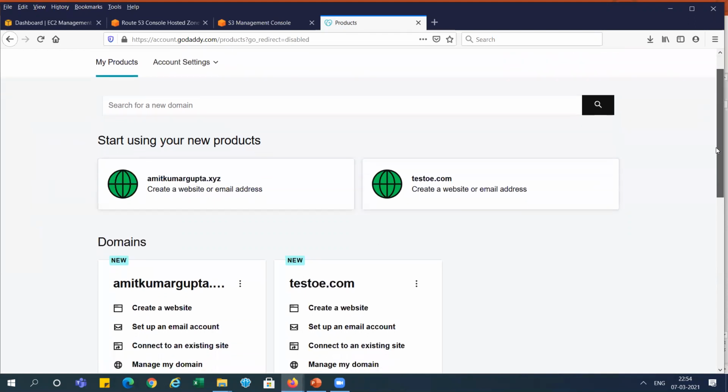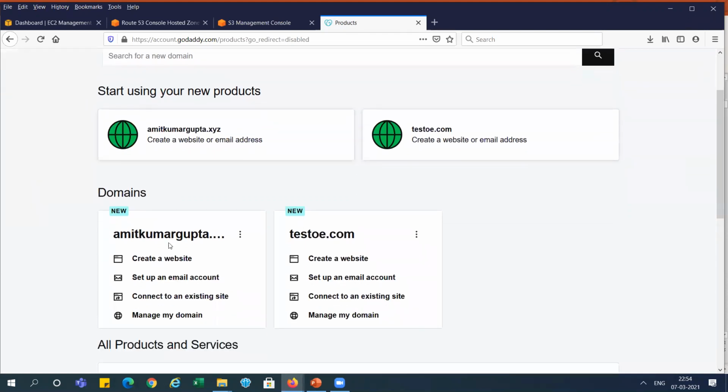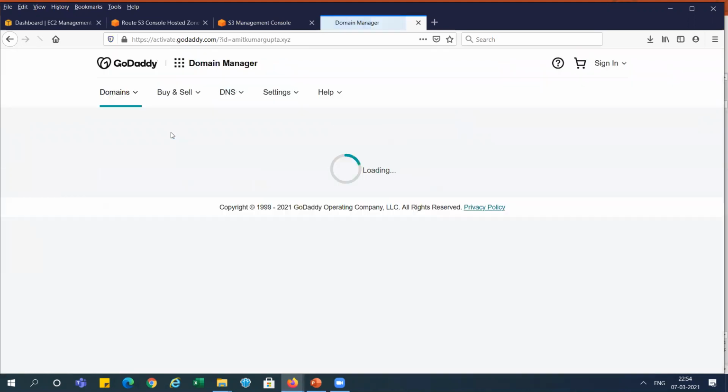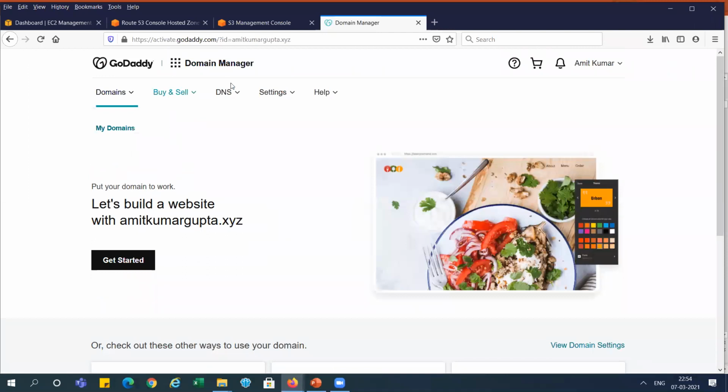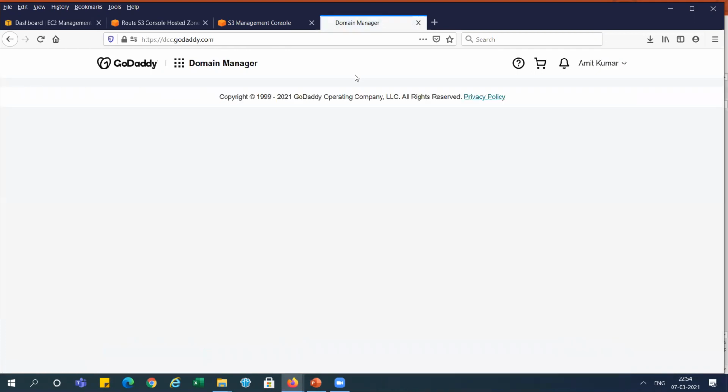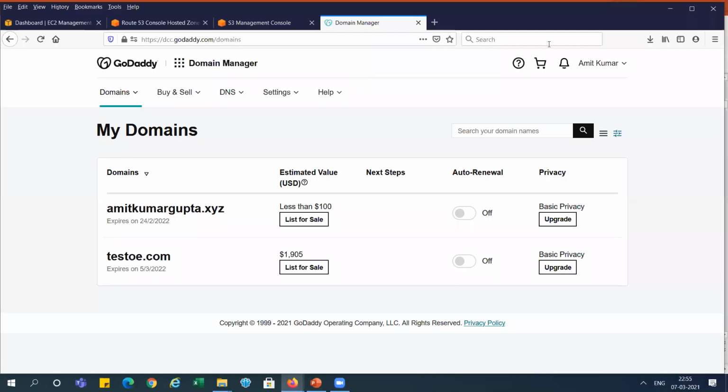So you need to go and purchase here. I'm clicking on that, and I will use this domain, amitkumargupta.xyz. Then it is showing the expiry date.